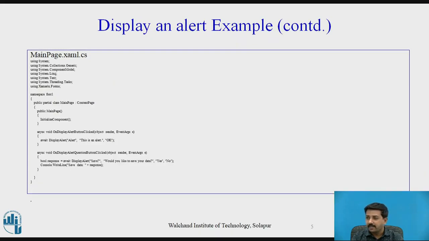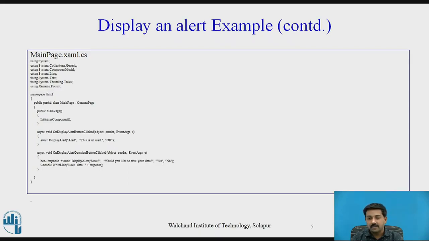So this is the code behind file. One of the features of Xamarin is modern language constructs. These modern language constructs have significant improvements over the Objective-C and Java languages, such as dynamic language features, then functional constructs such as lambdas, generics, and LINQ. LINQ stands for Language Integrated Query. So the first few lines define the modern language constructs.